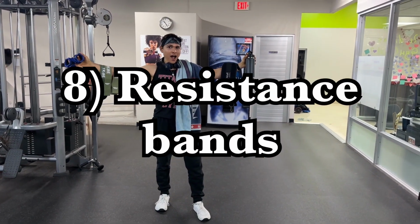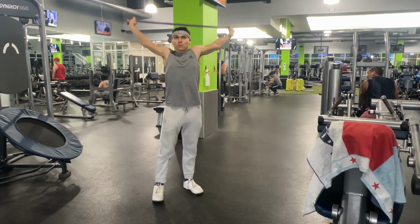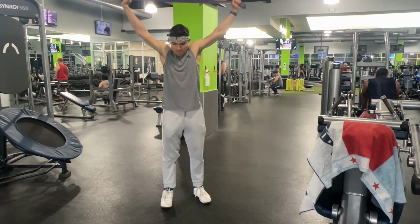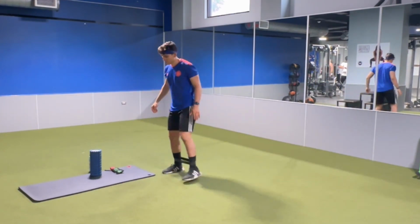And talking about the pump, another great gadget to add to your gym bag is number 8, and it's resistance bands. I really recommend resistance bands, and here's why. This is also a great way to add more resistance in a lot of ways to different exercises you do. But this is also a great tool for stretching, for mobility, and making sure your joints work well, because we